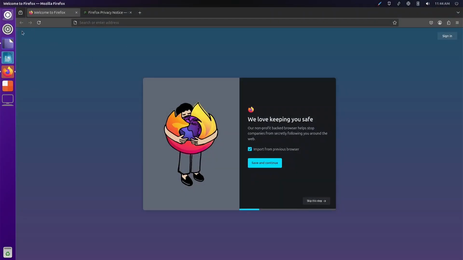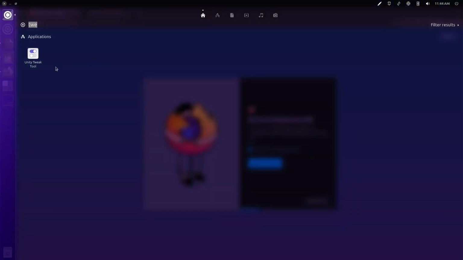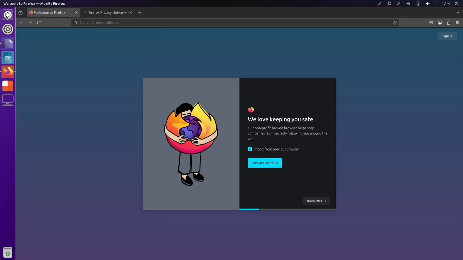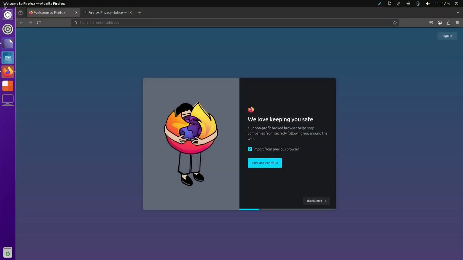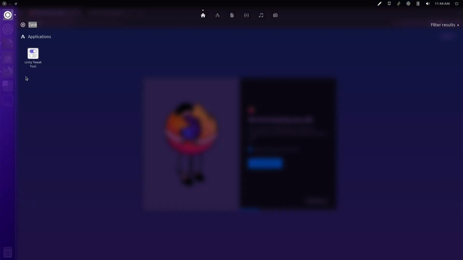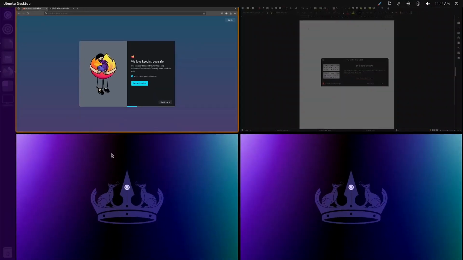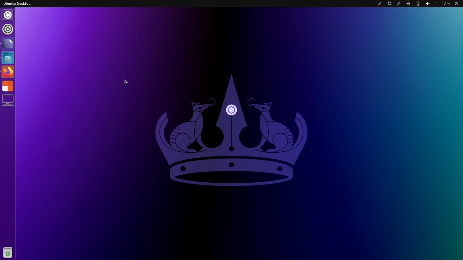So yeah, let's change our appearance a bit. I didn't mean to do that. What happens if I click minimize? Nothing. If I click close, it just closes. Okay. You know what? I still really like Unity.